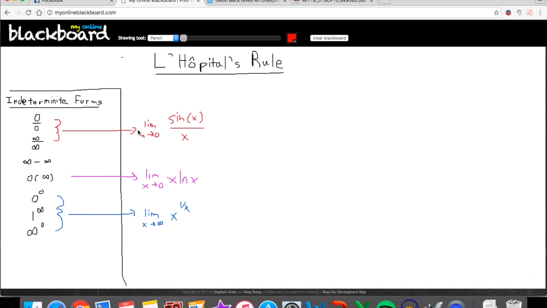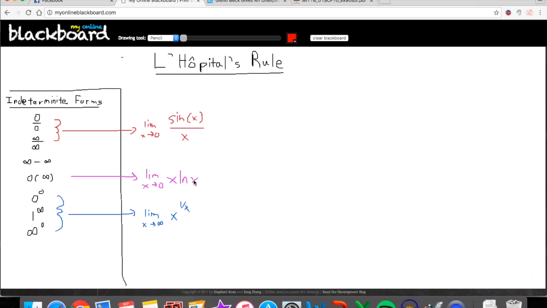So, for example, here, the limit of x approaching 0 of sine x over x. You just plug it in, you get sine of 0 is 0, divided by 0 is 0, so you get 0 over 0. The limit as x approaches 0 of x ln x is 0 times infinity, because you have 0 times ln of 0,